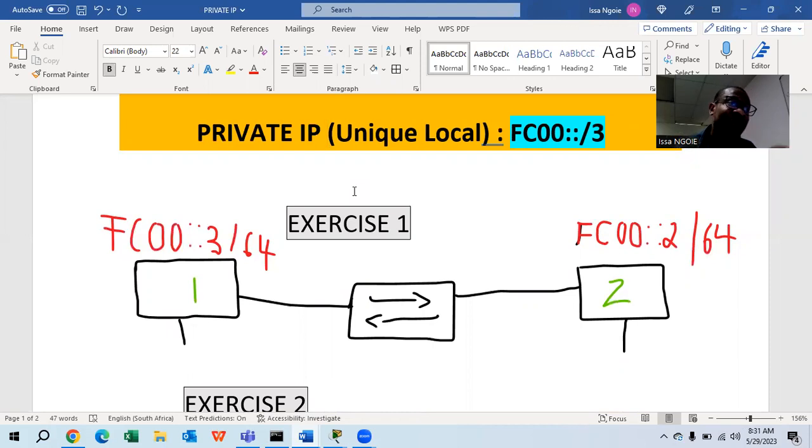And when we are talking about this private IP for IP version 6, we call it what? Unique local. Unique local means an IPv6 that I can use only inside my company. I cannot use it when I want to connect my computers to the internet. So I cannot use a private IP, I cannot use a unique local. And how do I identify that I'm using a unique local? This number,